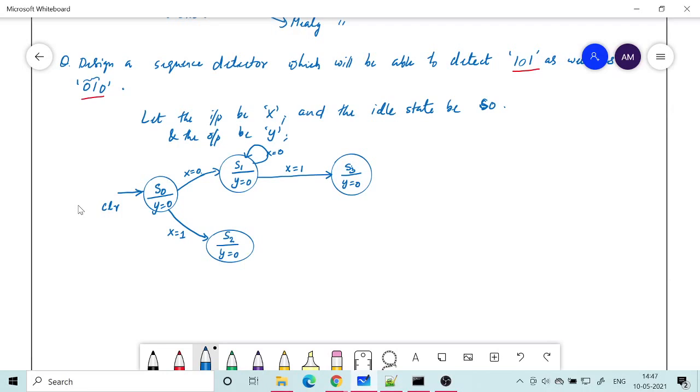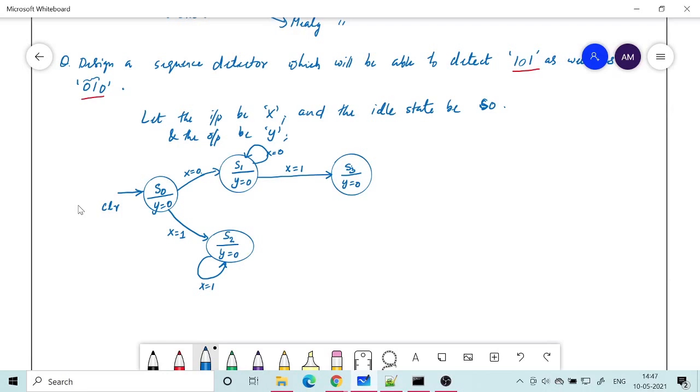Okay, so similarly I can talk about here also. I am at S2 because I detected a single bit, that is the first bit of the 101, and then if I get again 1, just like getting 0 when I am at S1, similarly if I am at S2 and I am getting x equal to 1 again, then I go back to S2, that means I remain there.